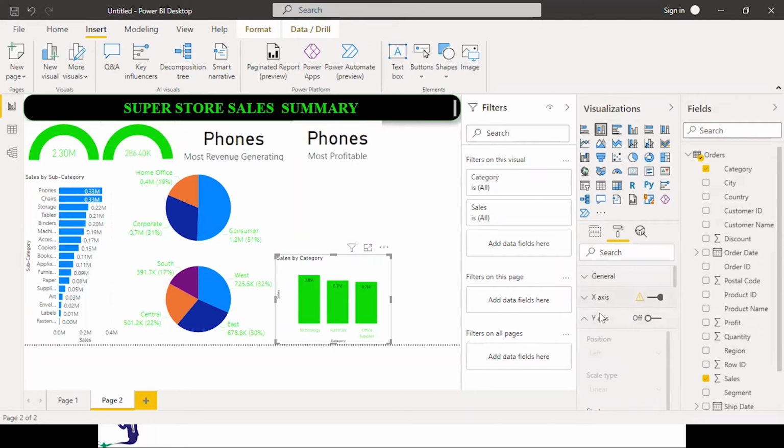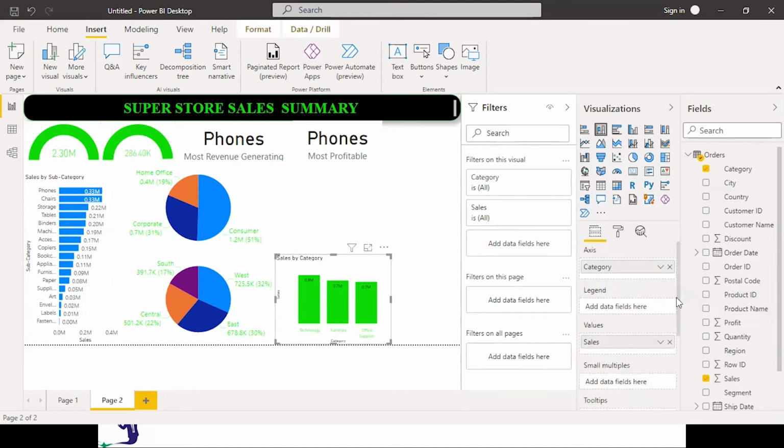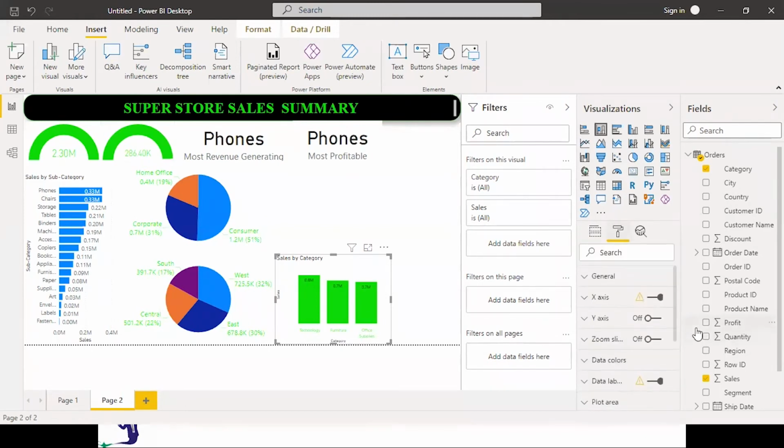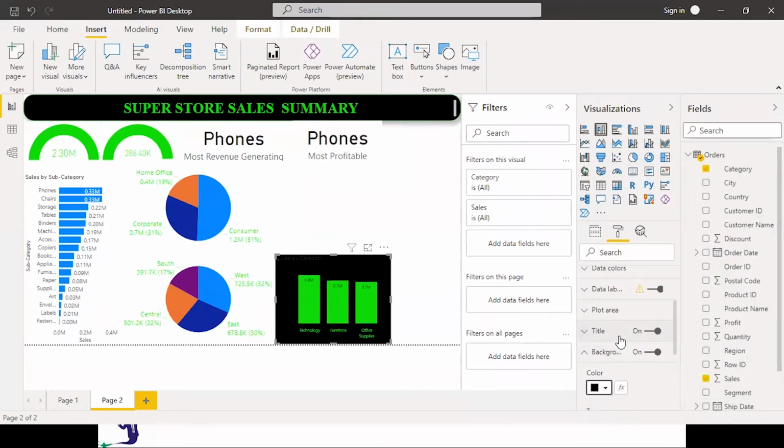Here it is, and let us take the background color as black over here. Quite okay. No title. Yep, this is fine.